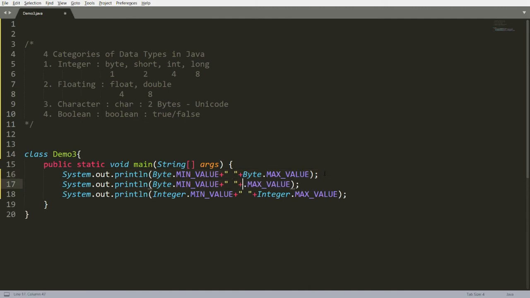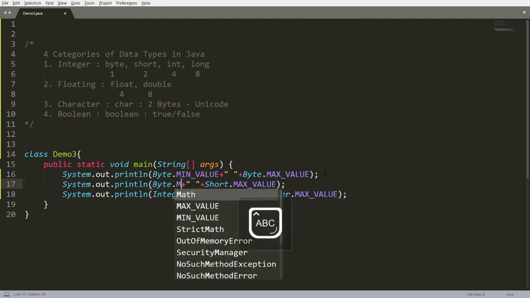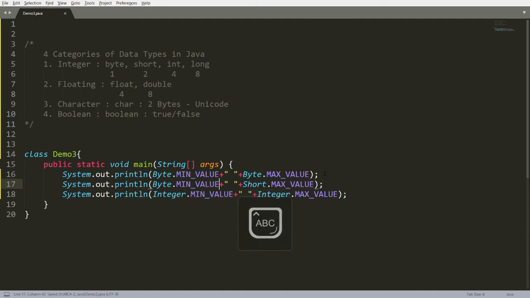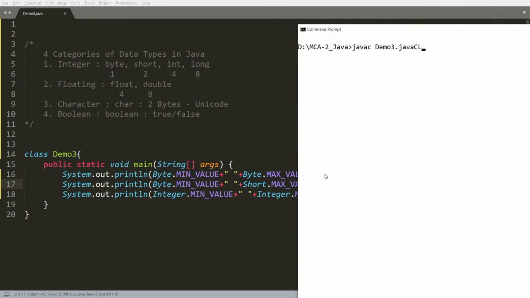Short has the minimum value minus 32,768, and maximum value in plus 32,767.